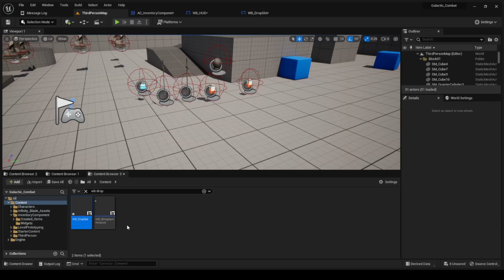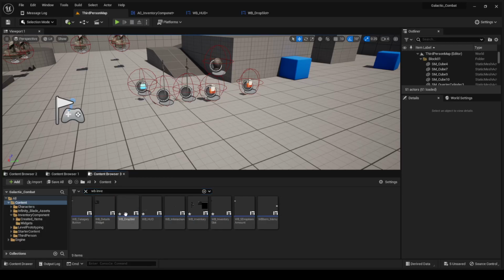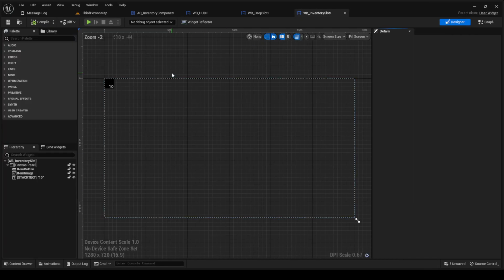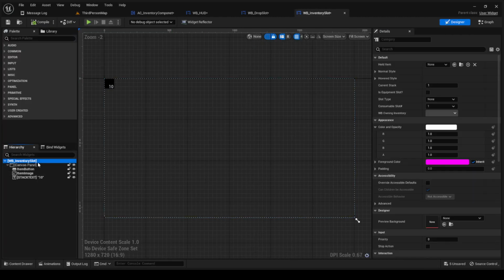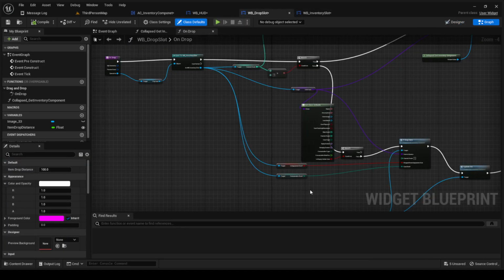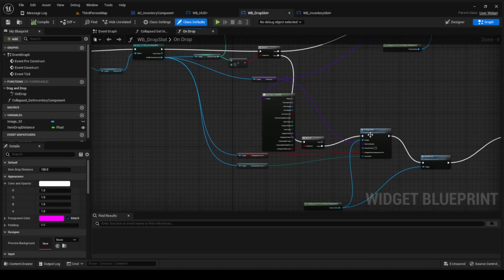So if you go to WB inventory slot, the inventory slot here has the is equipment slot variable as just a pure variable, and it's instance editable. And the slot number is also the consumable slot number right there. So you're grabbing those, you're going to drag them into the drop item here,